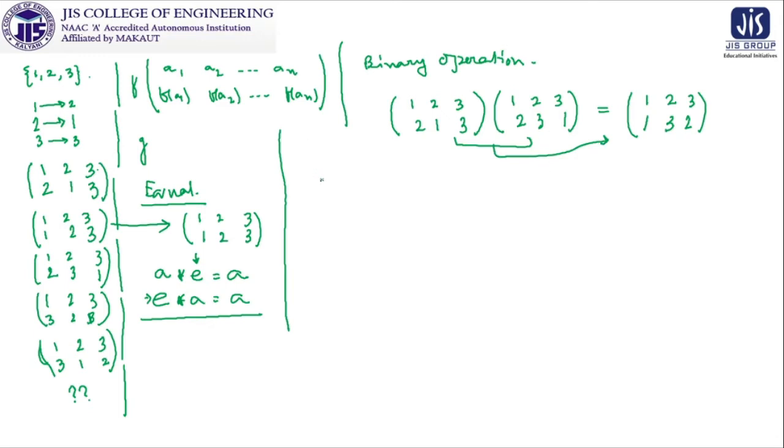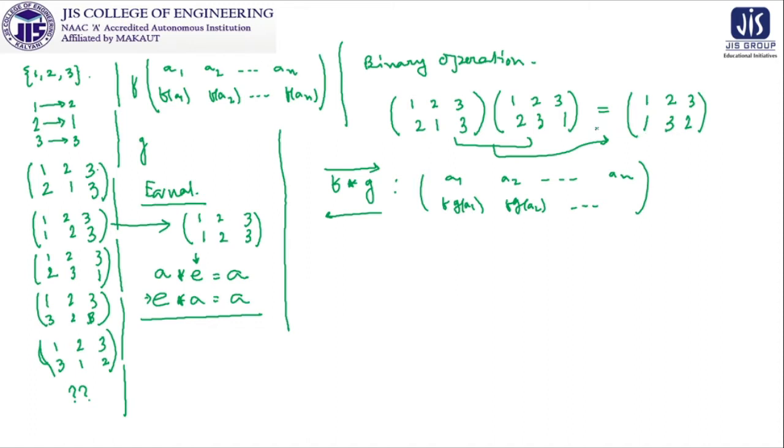Now, in general, if you operate F on G, where both of them are permutations, it will look like A1, A2, ..., AN, so it will be FG of A1, FG of A2 and so on. You write it in this direction, but you are operating in this direction. So G will be operated first, then F will appear. That is why we are considering this permutation first. Then the result will be taken under this permutation.